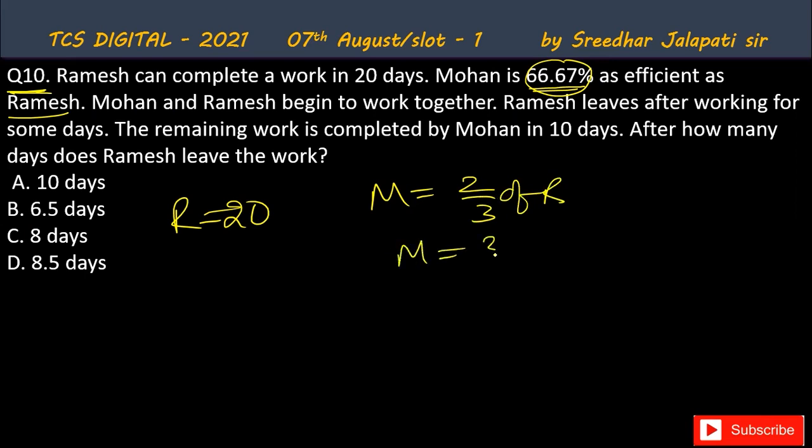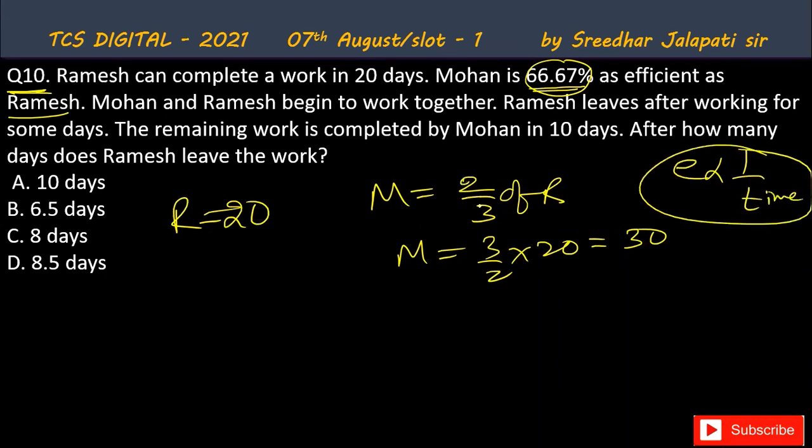So time taken by Mohan is 3 by 2 of time taken by Ramesh, that is 30, because we know efficiency is inversely proportional to time. As efficiency is 2/3, then time taken will be 3 by 2 of time taken by Ramesh. So Mohan takes 30. But it is given that